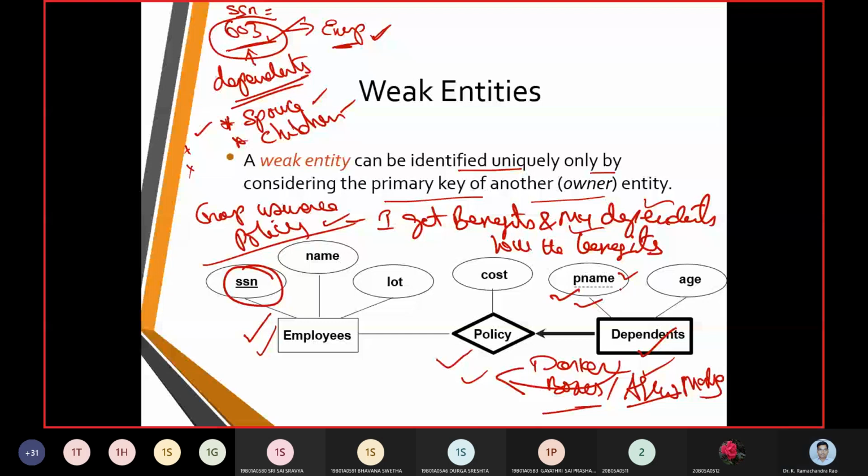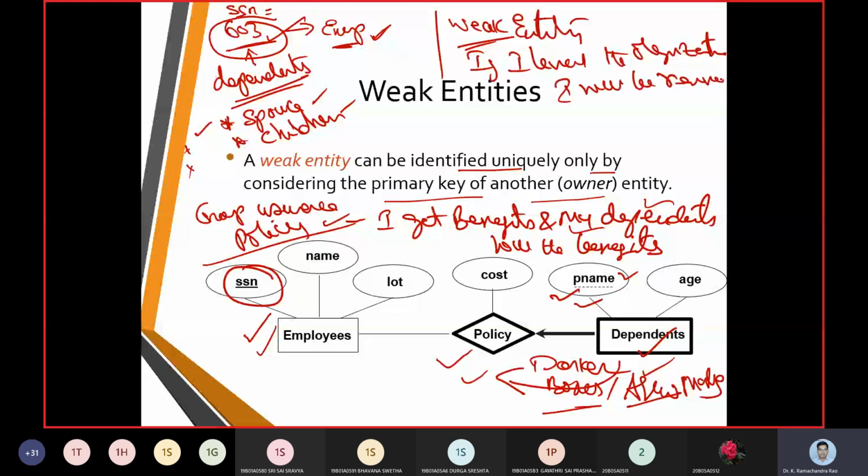Because if I leave the organization, I will be removed from the employer. Therefore, my dependents will no longer exist.